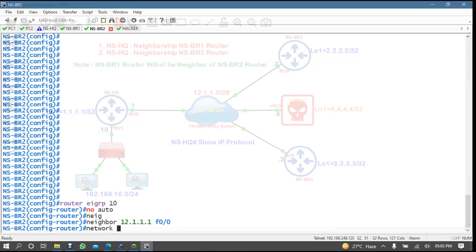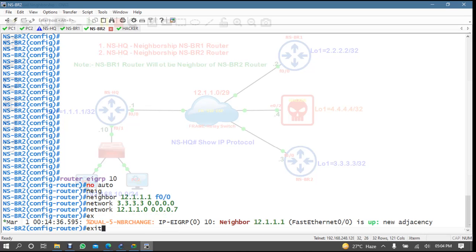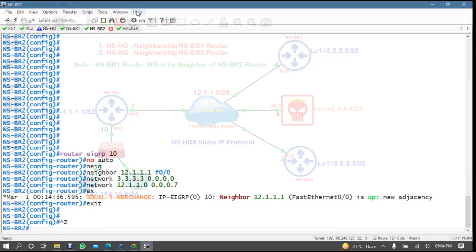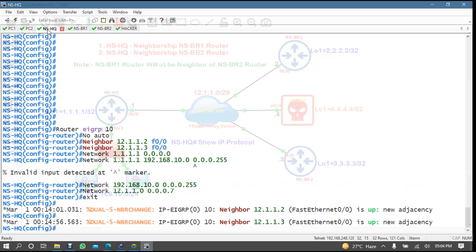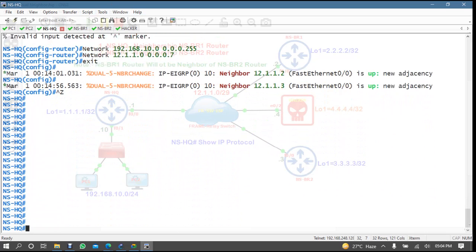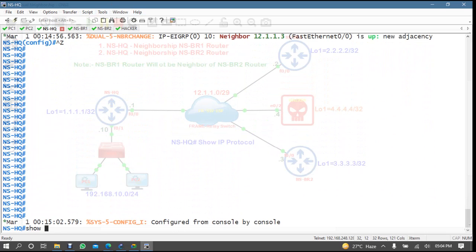Network is 3.3.3.3, and again network 12.1.1.0 with wildcard 0.0.0.7. Exit. Neighborship is up.